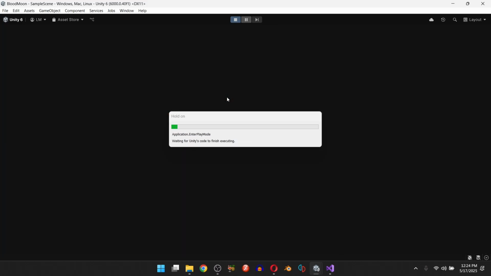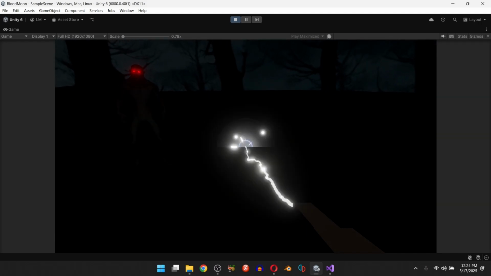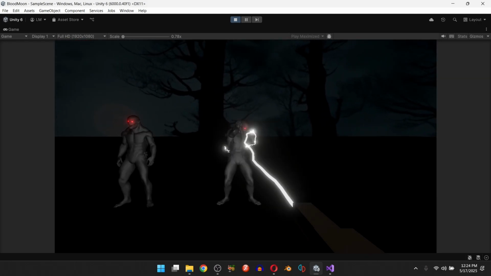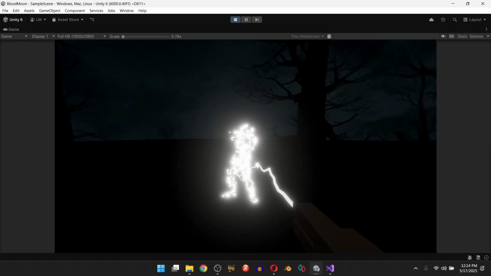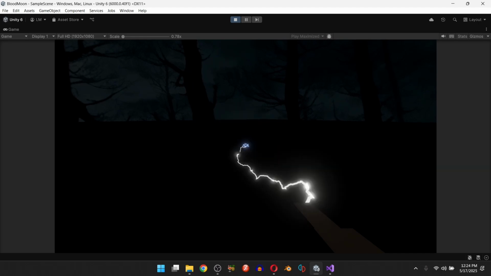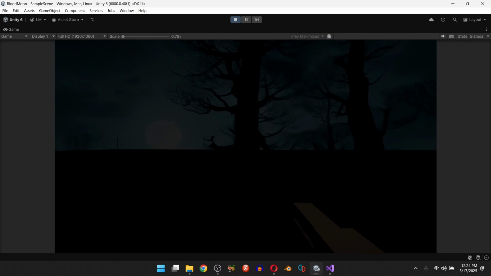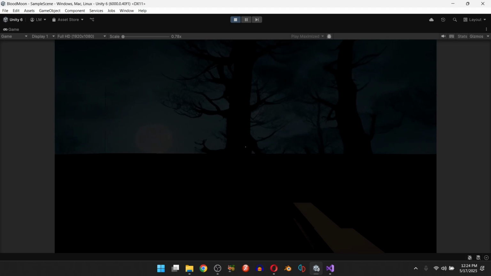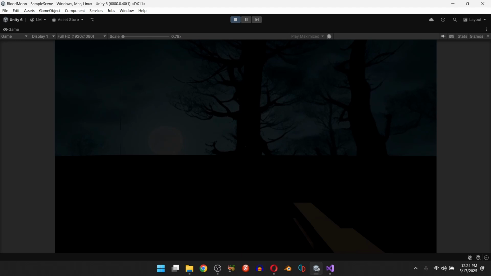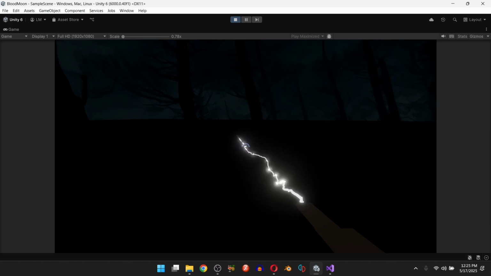So yeah, that's the lightning rod. So now we got two cool weapons that are unique, not your basic everyday pistol and shotgun and stuff. And I have a good idea for another one too. So this is part two of the more unique weapons, and there'll definitely be a part three because I've got an idea for the third one too. So, like I said, as long as I come up with ideas for weapons,